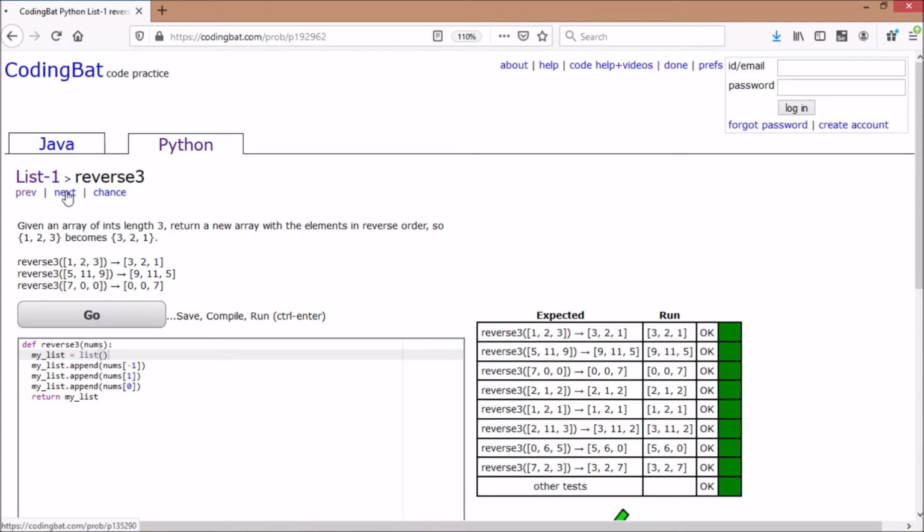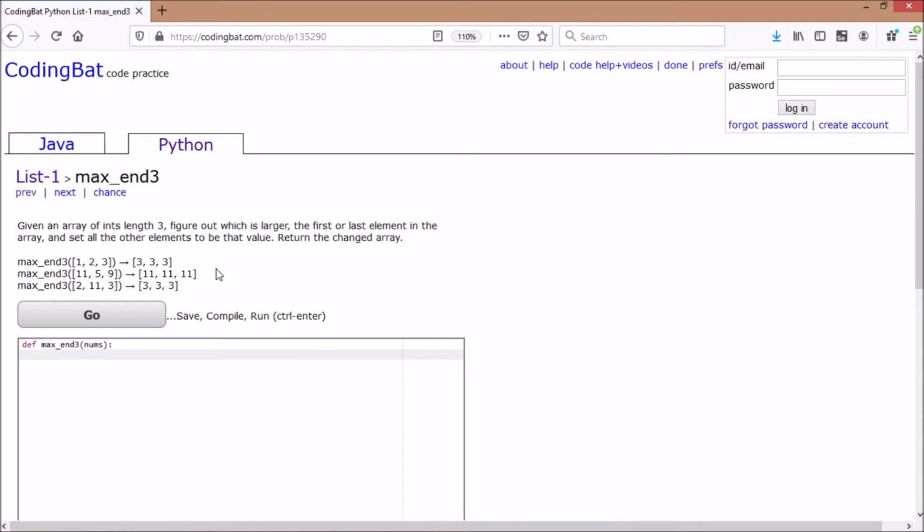Let's go to the next question. It's max end 3. Given an array of integer length 3, figure out which is larger, the first or the last element in the array. First we have to make sure which one is larger, either the first one or the last one, and then we return a new array of length 3 with the largest value.